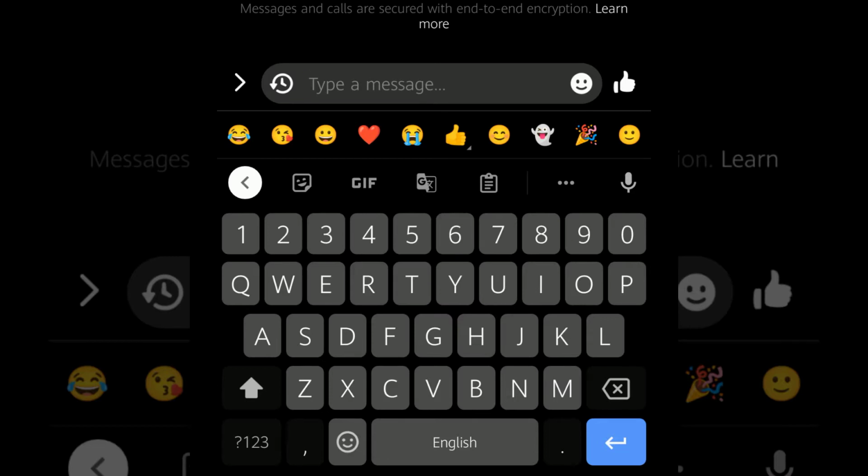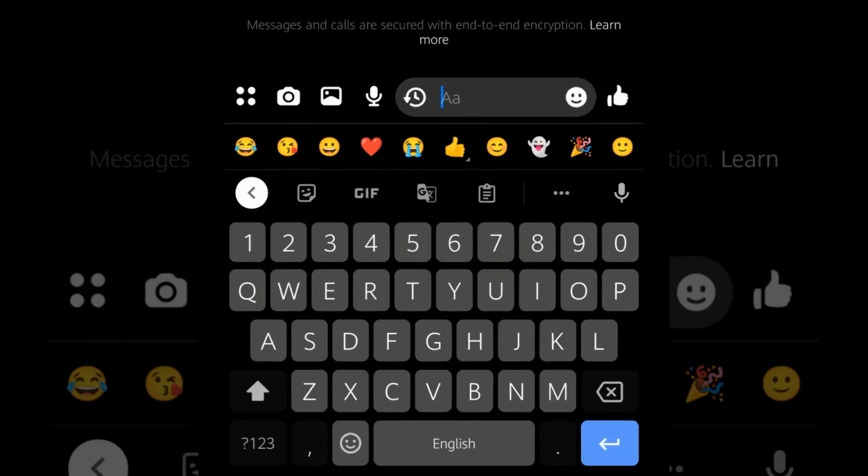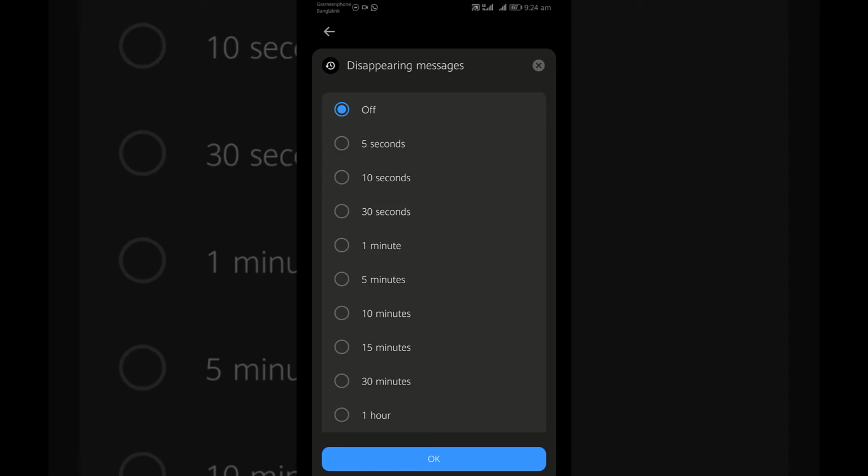In the text box you will find a clock. Tap on the clock and you can select the time when the message will be disappearing. Now I am selecting 5 seconds and then tapping OK